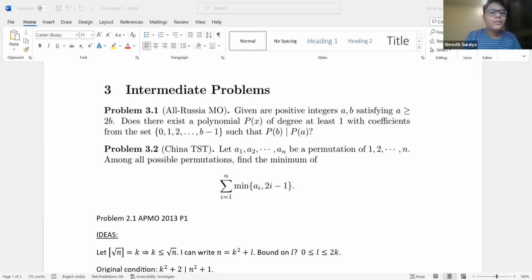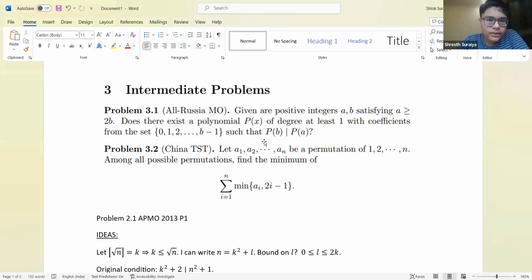Someone asked, do you have any recommendation for problem solving? Just take a problem from a good contest and try solving it for a good amount of time, like 1 hour or 45 minutes. And if you don't get it, then take a break and try it again. Slowly by experience, you get better and better. You get better at problem solving by getting a good amount of ideas to apply.